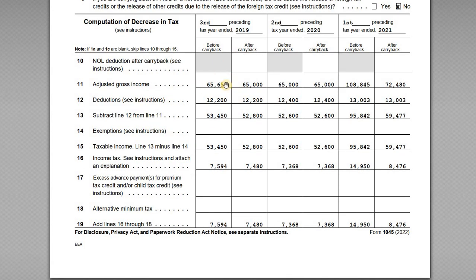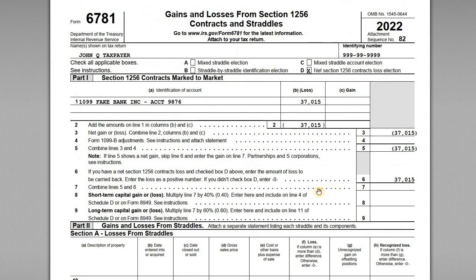So there we have his AGI for the year before the carryback. We have the total amount of deductions. We have his taxable income there. That should reconcile with the tax return. We have the amount of income tax he owed for the year, right? And this is really important. Remember, income tax is not necessarily the amount of the refund, right? So if I look at his